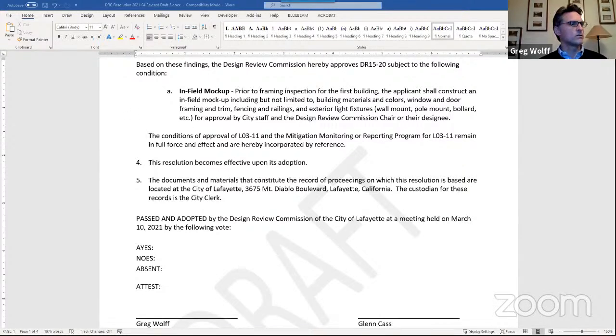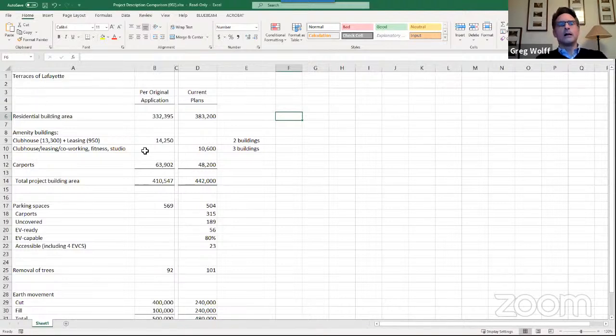And what I'll do now is share with you an exhibit submitted by the applicant. So you'll recall that condition 27 gave the design review commission broad scope to work to reduce the visual impacts of the project and balance grading. With respect to the overall numbers, how it has changed and evolved through the design review process, the residential building area in the original, which is column B, versus the current plans, which has been shown in the plans, but we had not and have not to date revised the description on the staff report and resolution,